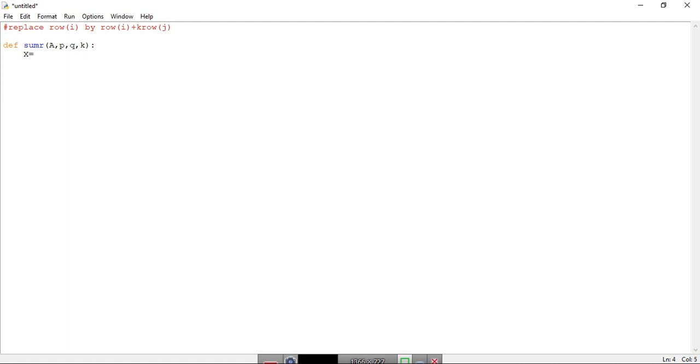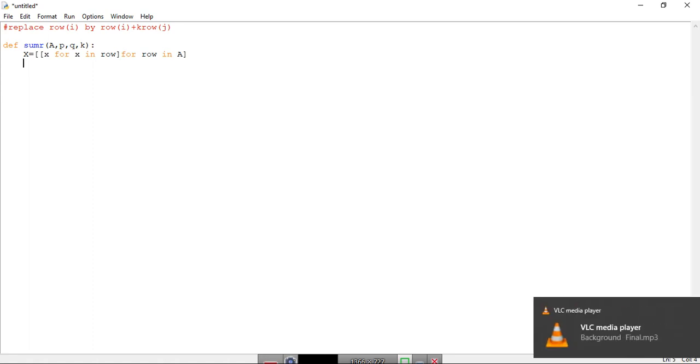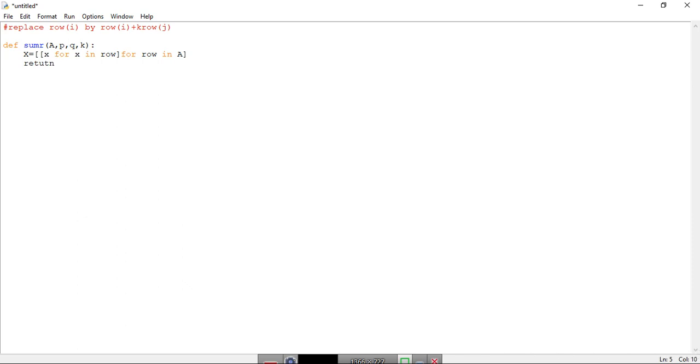Okay, so as we know, let us take x for x in row, for row in A. Let us check the return function. So return, and be careful about the brackets. We need x a comma b.